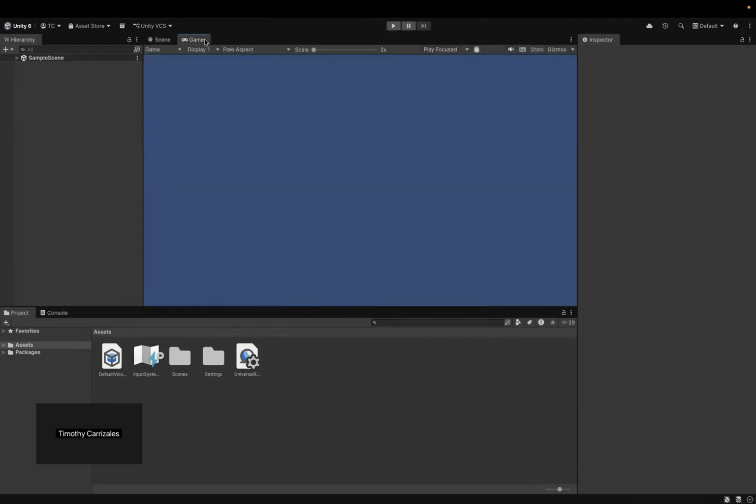Your game window is essentially what the camera sees. So when you click over to game, you're getting a preview of that specific frame where your camera is at. It won't show you how it will look all the time. In general, it'll just show you the camera view. If you want to know what the game looks like as you're running it, you'll click the play button, and that will give you some indication into